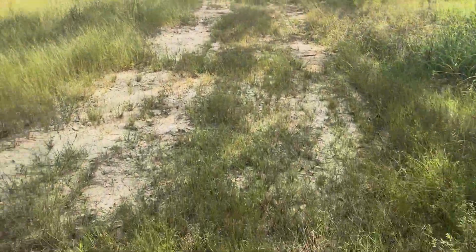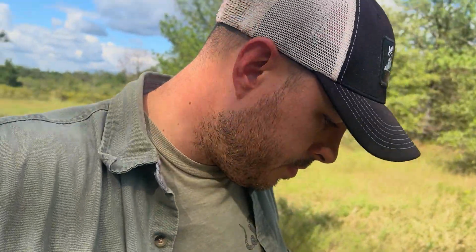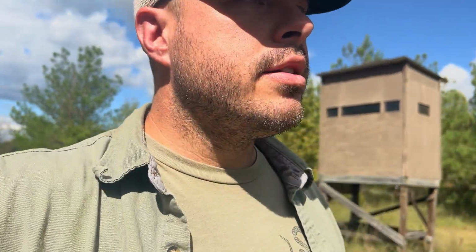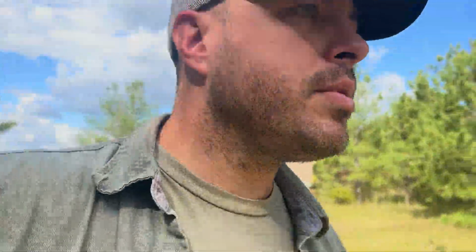So we're just gonna set on sign. I mean, we know they're coming through there, even though we're not seeing a ton of tracks. We've seen some tracks and droppings at different times, so we know that they're using that intersection back there. So we're gonna definitely put at least 3 sets back there, and I'm just walking up here to see if I can find any more